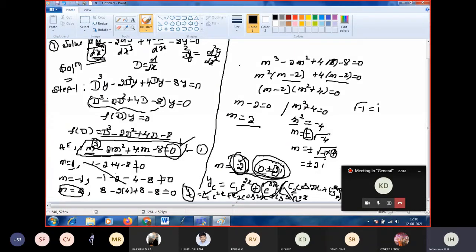That's it. The first root is a real root. We have only one root, so I am using case 1 or case 2. C1 e power 2x, that is e power mx, where m is 2 here. Next, come to the second set of roots. In the second set of roots, we have complex roots, meaning case 3. It is like p plus or minus iq. So that is e power px into C1. Actually, we have to write C1, but already I used C1 here, so I am using C2. That's it. C2 cos qx. Instead of q, we have 2. Cos 2x plus C3 sin 2x only.